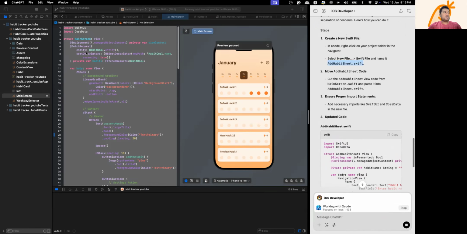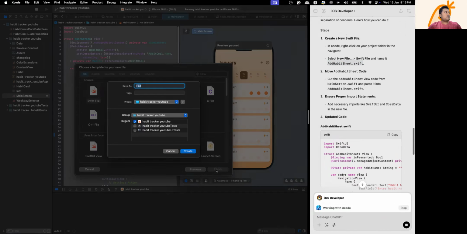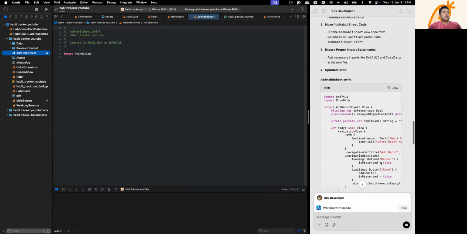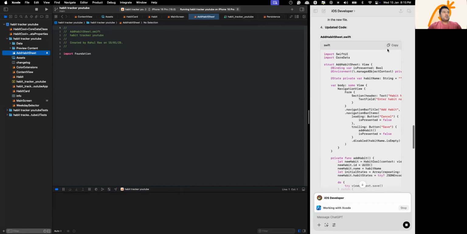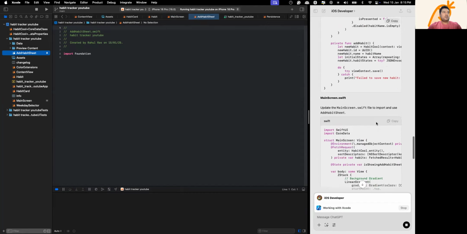So I'm gonna just copy this text. I'm gonna come here, Command N. Next file name is AddHabitSheet.swift. I'm going to create that. So I can see that the file has been created. And what I'll do is I'll copy this code that GPT shared. But I won't copy the code right now. I would recommend